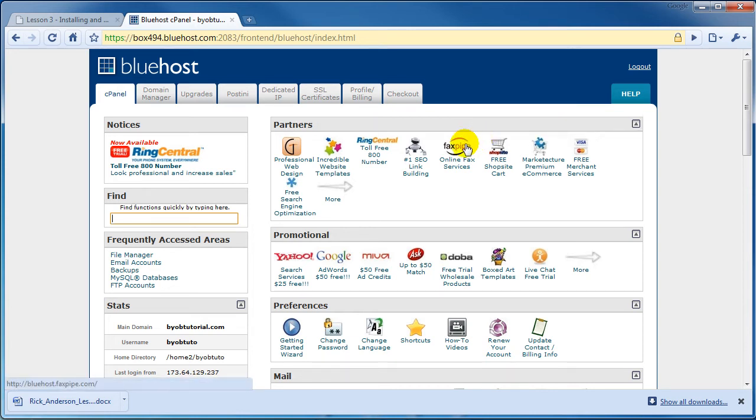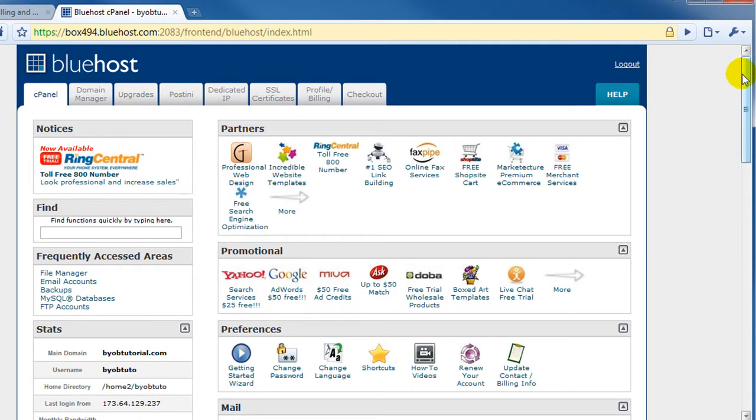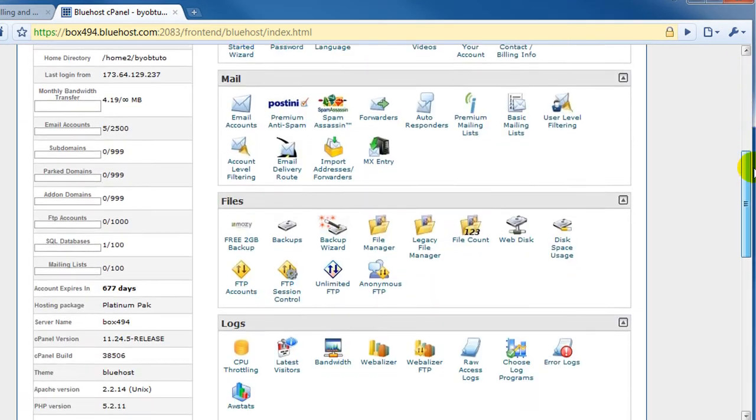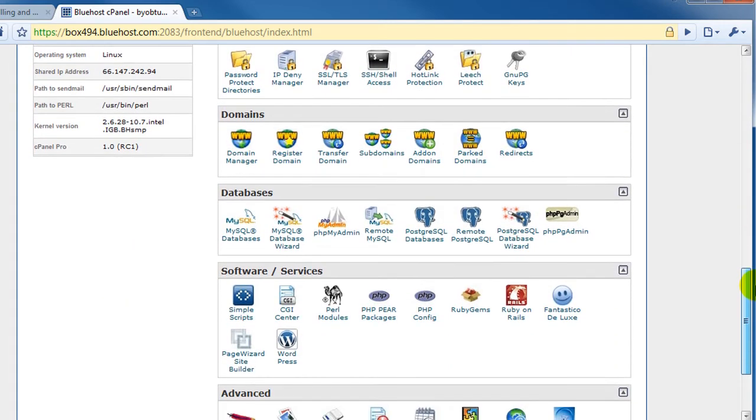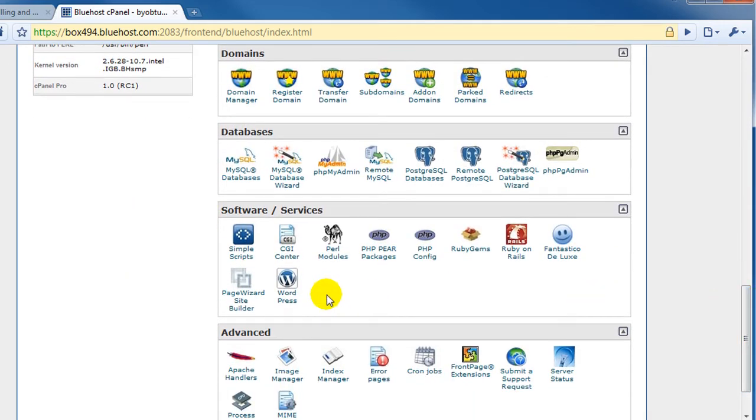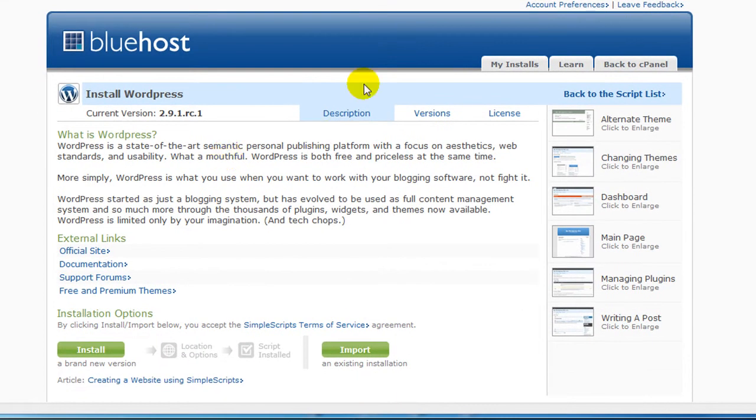Okay, here we are at our control panel, which you're familiar with from our last lesson. Let's go ahead and scroll down here to the bottom, down to Software and Services, and we're going to select WordPress. Okay, that brings us to the Install WordPress page. If we press that button down here, the Install,